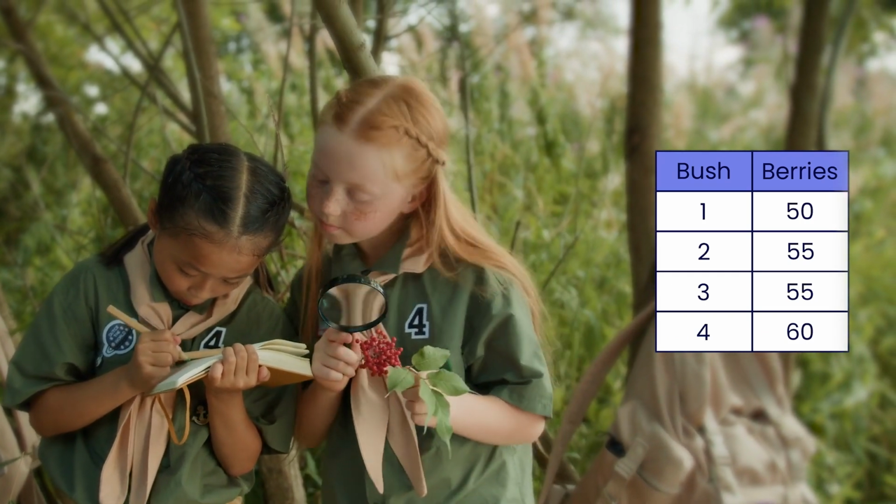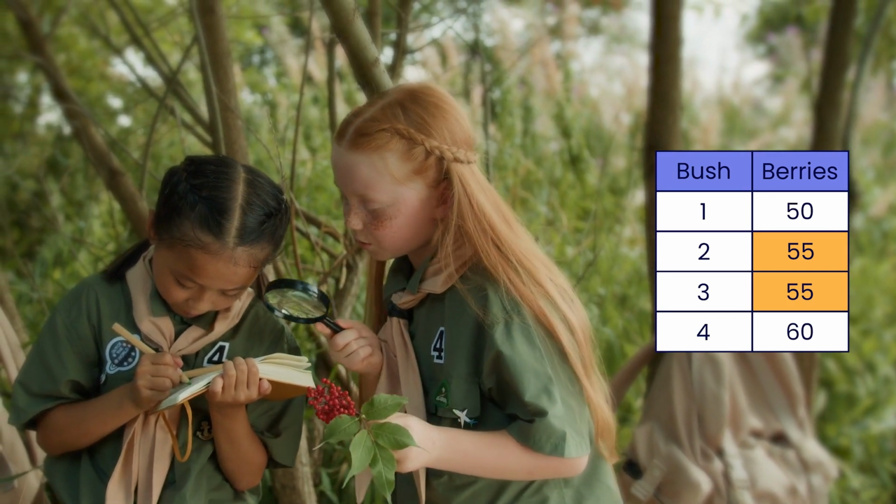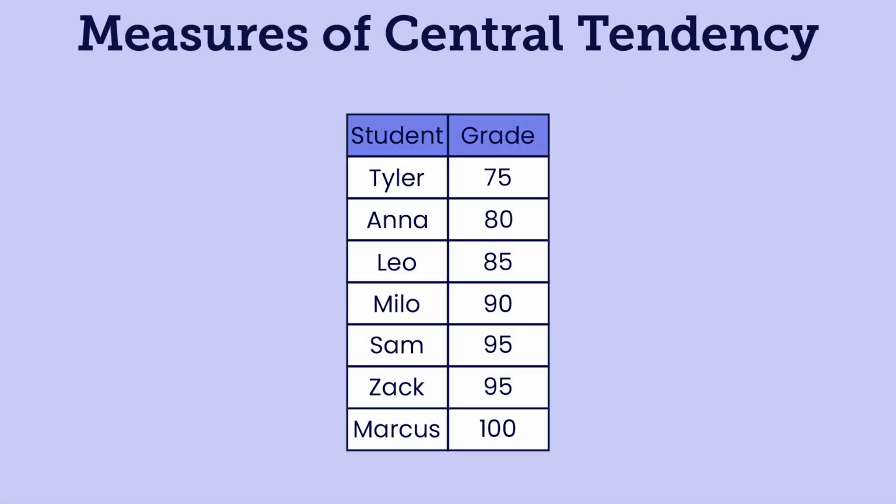Data sets have central tendencies, which can be defined as typical values for the sets. There are three main measures of central tendency, and they are the mean, median, and mode of a data set. The mean is the average value of the numbers in a data set. The mode is the most frequently occurring number in a data set, and the median is the middle value in an ordered list of values from a data set.